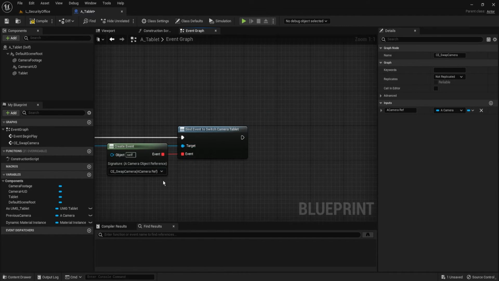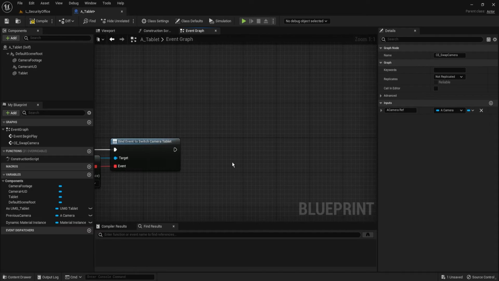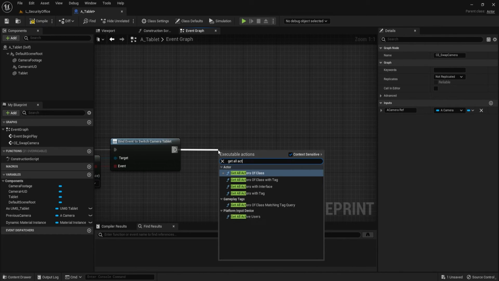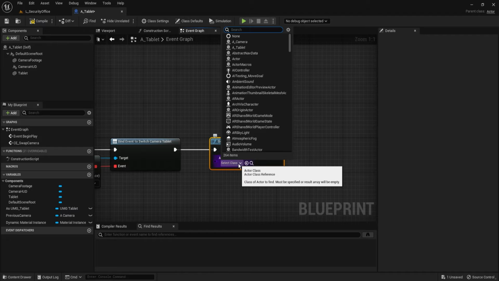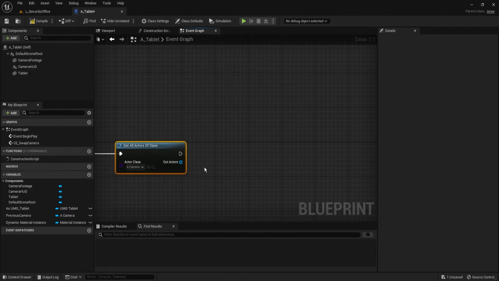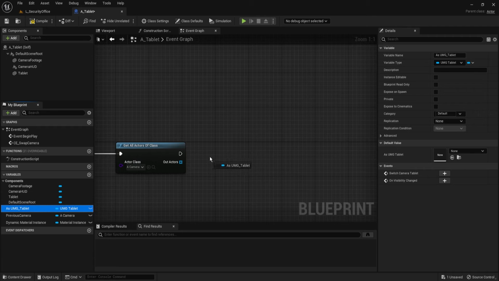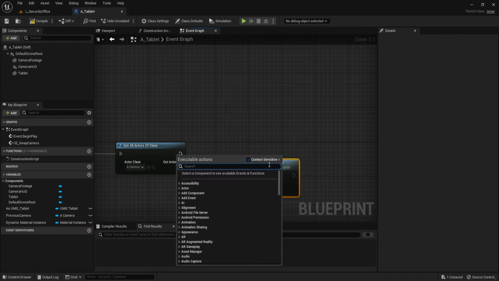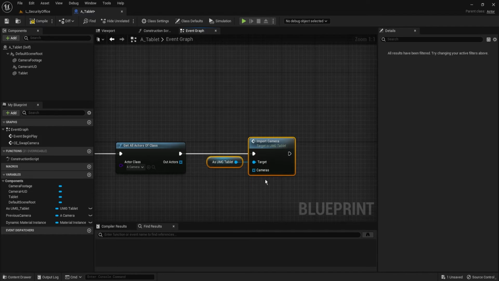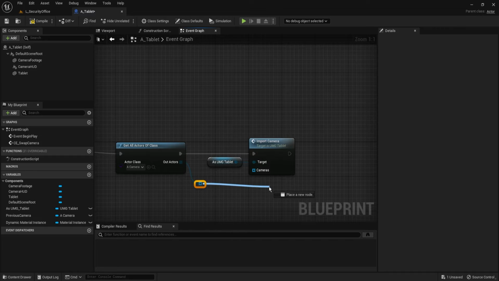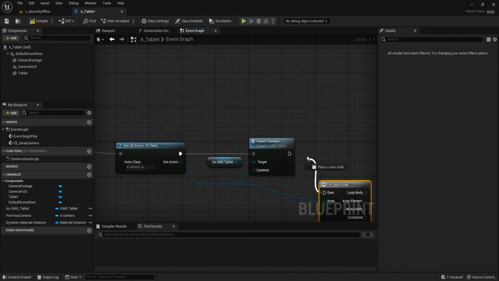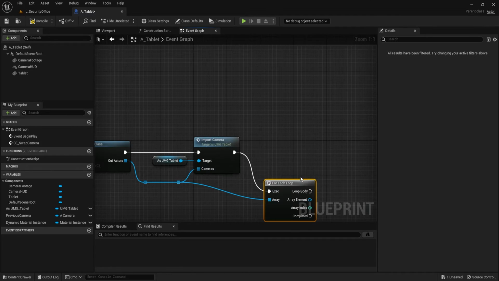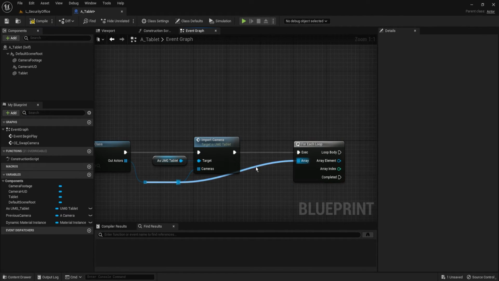So now with this saved, we want to actually call our import function. To do that, we want to get all actors of class, and we're looking for our A camera. We then want to call our as tablet and say import camera. So what this will do is get all the cameras and create all the rooms on the screen that we need. So let's just put a few reroutes, because we're going to need this after in a for each loop. So let's do that, for each loop. The for each loop we're going to be using is for the render target. So what we're going to do is,